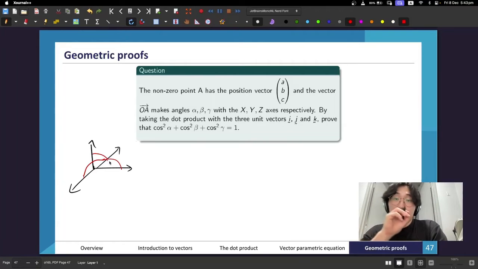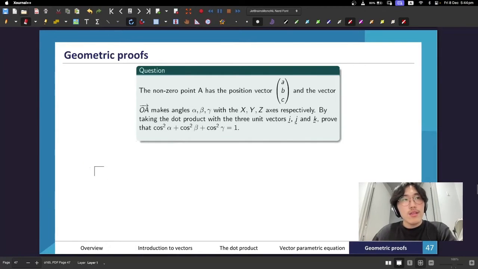Okay, if it's a bit hard to understand those angles when I'm drawing, I recommend searching up on YouTube or GeoGebra, finding angles on the positive axes. But you'll kind of understand more when I start working out the question. Okay, so let's get the positive x-axis out first. So the x-axis angle